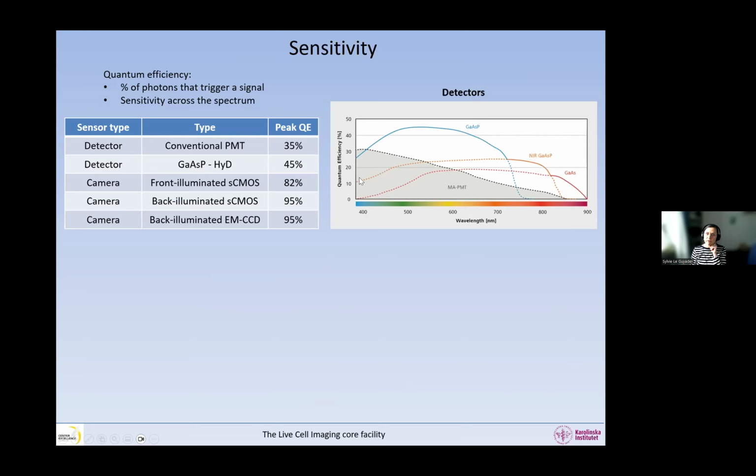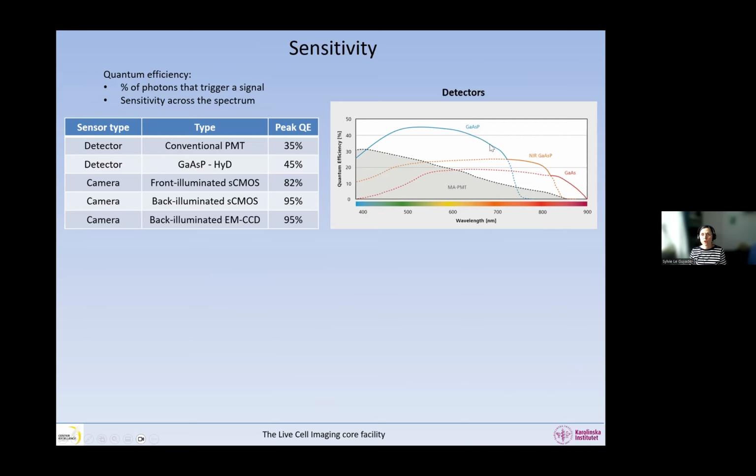So these would be the photons that we're sending to the sensor. And here is the quantum efficiency, and you can see that for a GaAsP detector, so this is only for detectors, we reach about 45%. So this is what I wrote here. This is at the highest peak, and it's conveniently within the range that we want. But you see that when we're imaging green, we're at the highest for almost everything. But if we are imaging at 650, 700 or something, we already have a lower quantum efficiency